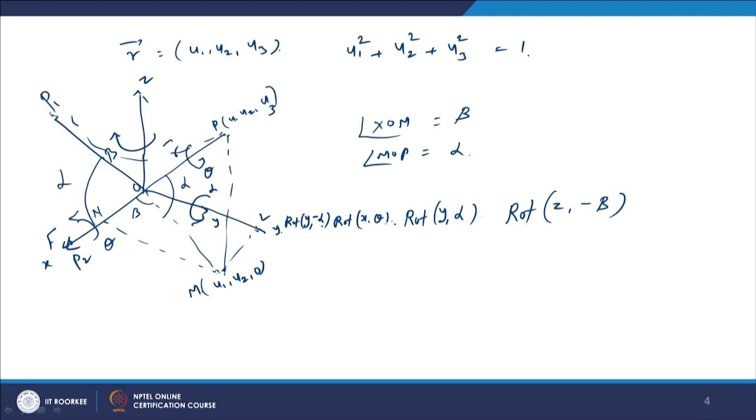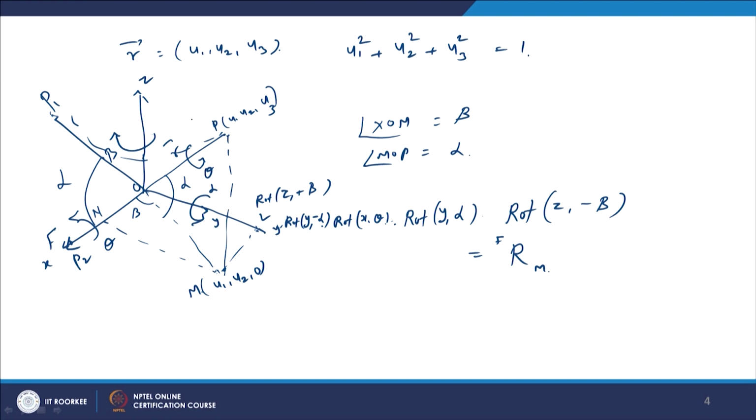about the z axis. So, I will write here rotation about z axis by an angle minus beta. Sorry, earlier minus beta, so here it is plus beta, because we are moving from x to y direction for the rotation. So, this 5 matrix multiplication finally will give the relation between the fixed frame and the M frame.